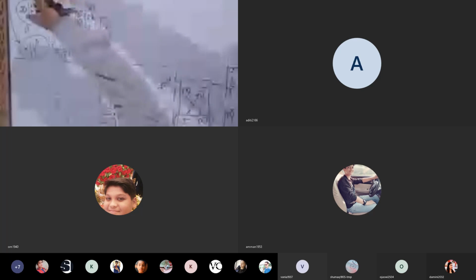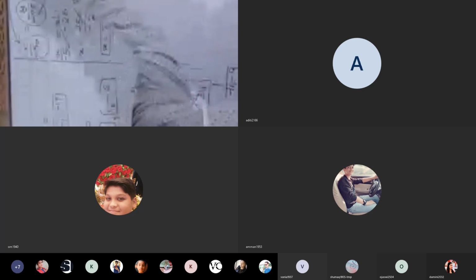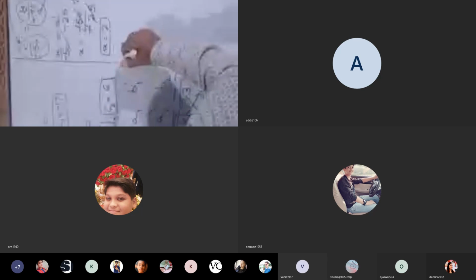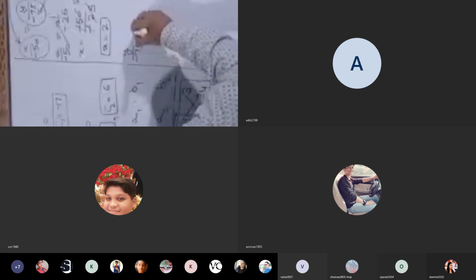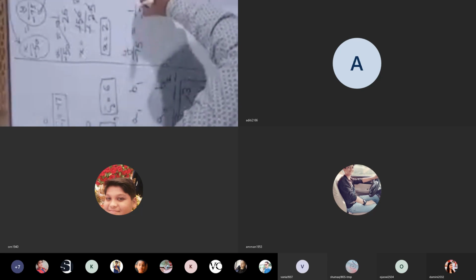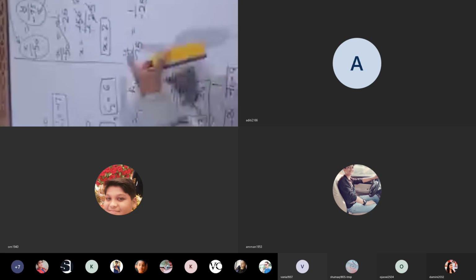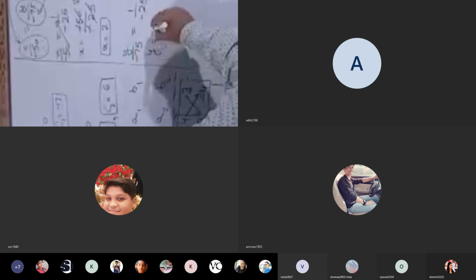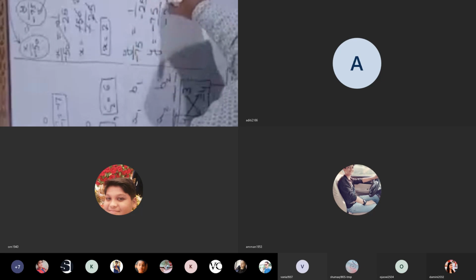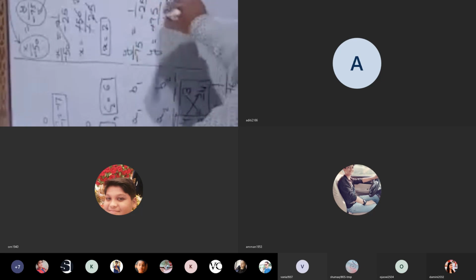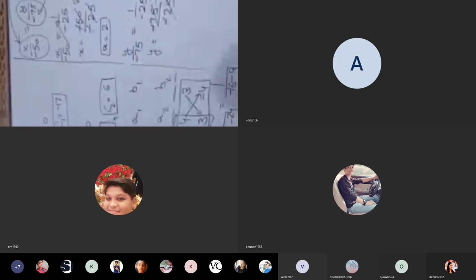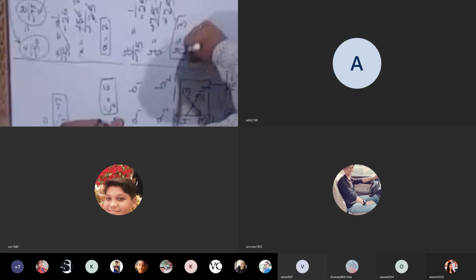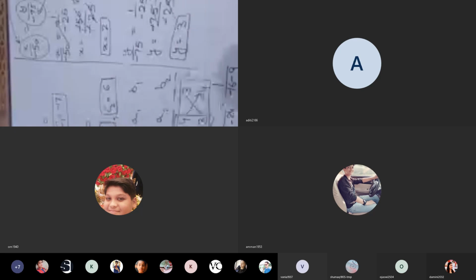In the same way, we will take these two equal. In this the unknown term is y. In this no unknown term is there. So we will take these two numbers together. y upon minus 75 is equal to 1 upon minus 25. Now what you have to do? This divide minus 75 we will bring here. So y is equal to minus 75 upon minus 25. Minus and minus will get cancelled. So y is equal to 3.